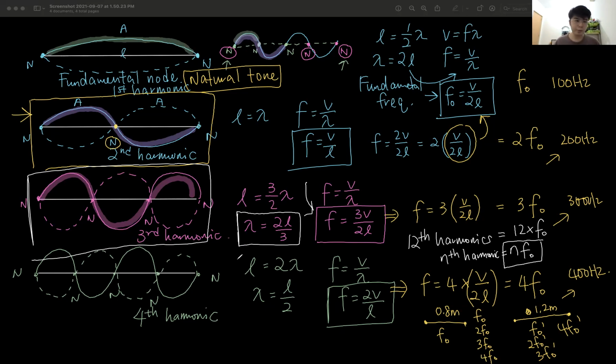Okay, now next one, we want to know the fundamental frequency. So far what we have understood is that everything has its own fundamental frequency of vibration. So how do we find the fundamental frequency of a string? It depends on a few factors. What factors? Number one,